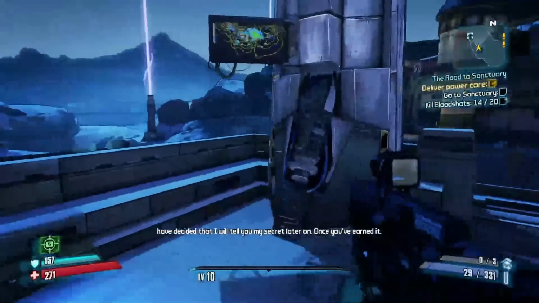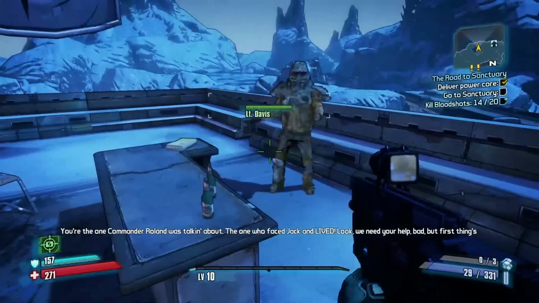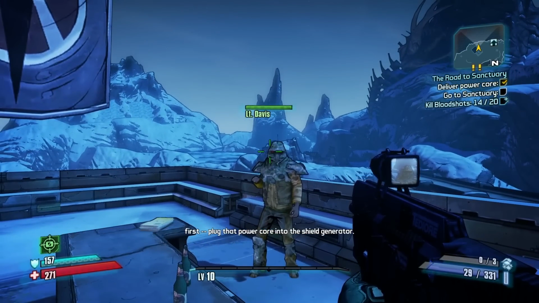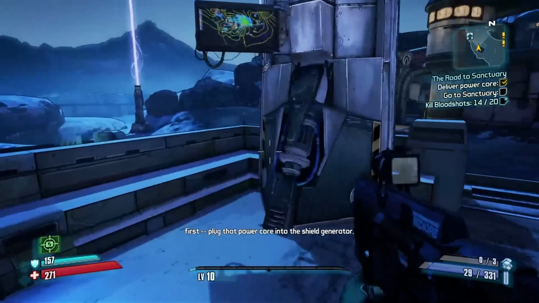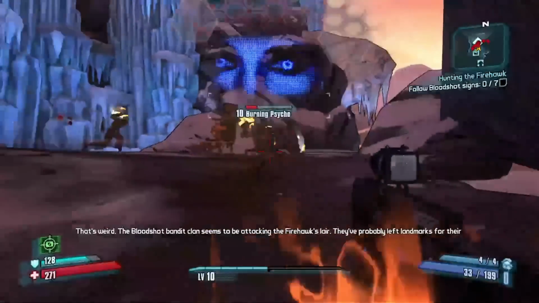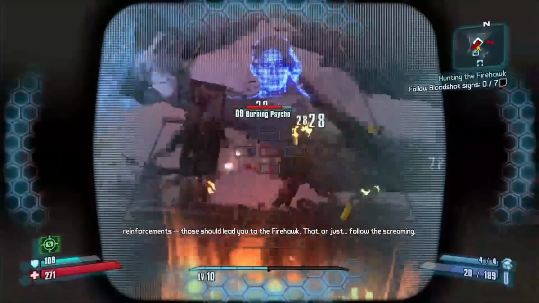Once I grabbed the power cell, I returned it to the goofy looking guard at Sanctuary and went to meet up with Roland, but surprise surprise, this is a fucking Borderlands game, so he's not here, meaning I get to be redirected to another goddamn enemy camp. So let me take you along to the Firehawk's lair, where I'm sure I won't have to kill another 300